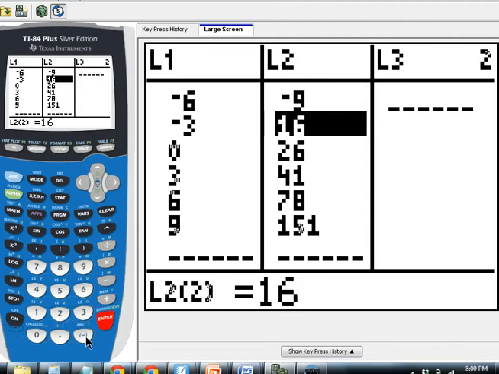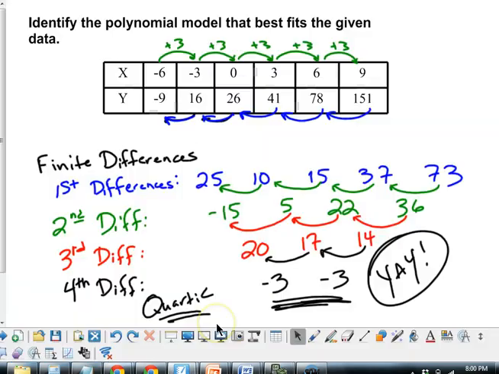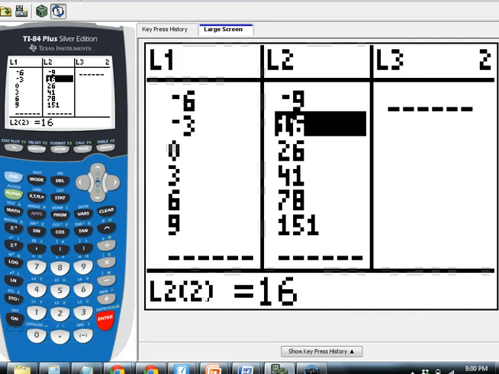-9, 16, 26, 41, 78, and 151 were the y values. I've put those in list 2. Now, if you go back and remember, we just said that a quartic polynomial was going to fit this data best. So we're going to use that information and just tell the calculator that that's what we want to do, is